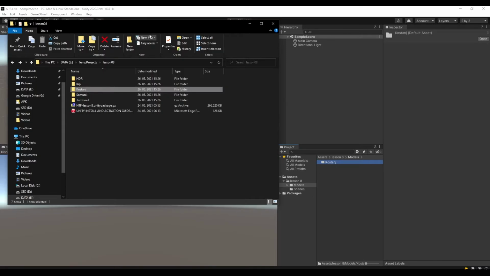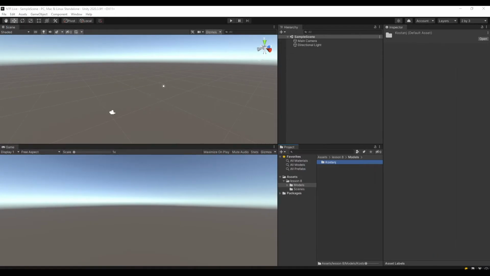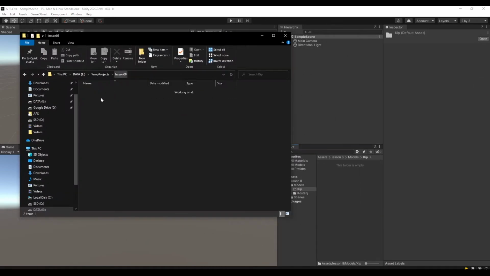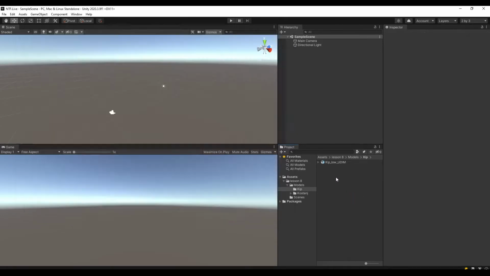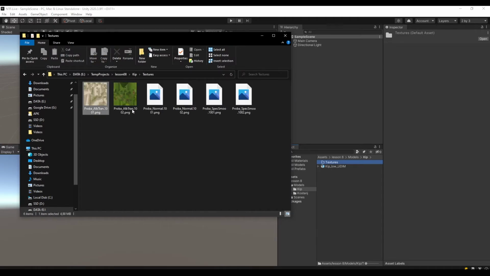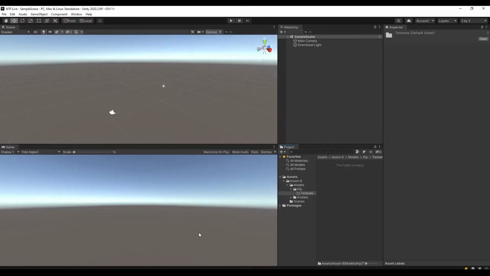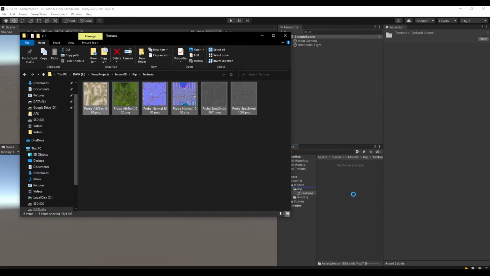If you don't have this kind of structure, you can just create a folder, and the next one is, let's say, we'll bring in keep. You'll open the folder. Again, we are in the keep folder, and let's say we will drag and drop an FBX file. We wait for it to import. Let's create a folder called textures,